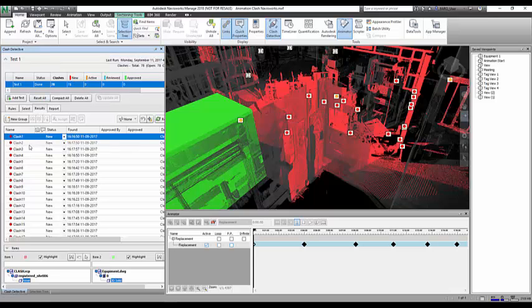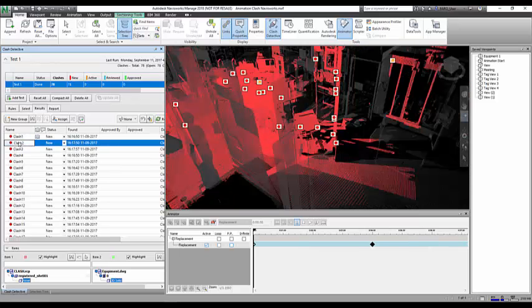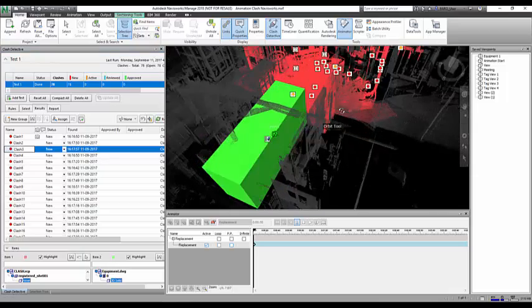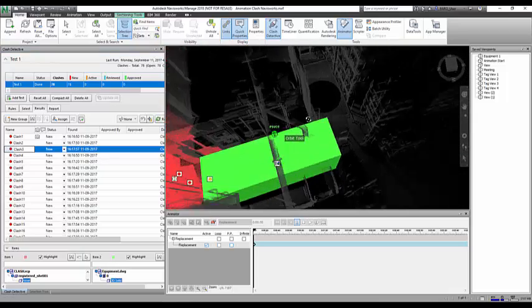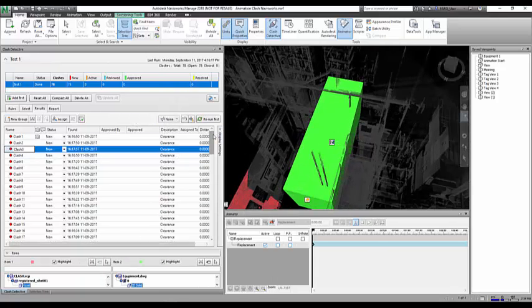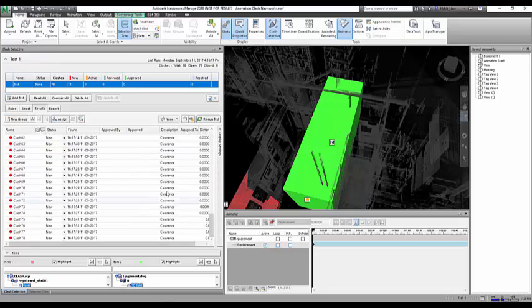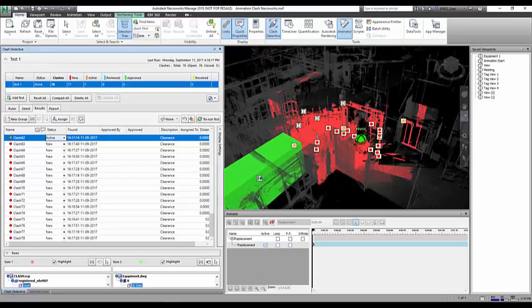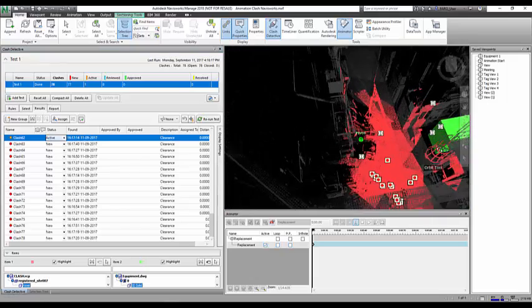With the Clash Detective, we can come down and look at every clash. And we can actually zoom to the clash and see exactly where that hit the point cloud. Also, when you're looking down here, let's make it a little bigger. In just this one equipment move, we'll have 78 clashes. These can also be assigned. If you're working with these clashes, you can assign them to somebody. And once that area has been cleared out, the equipment's been moved out of the way, or maybe things have been moved around a little bit to make that an easier move,